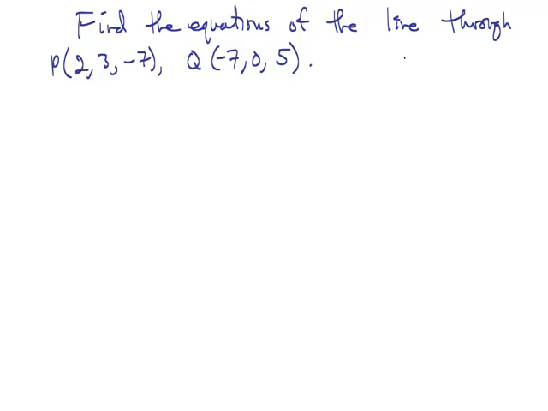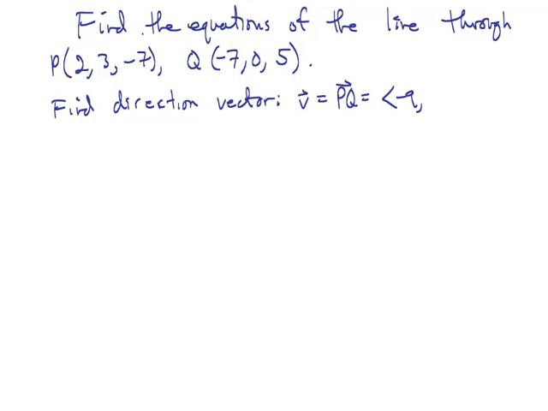So we need two things. A point on the line, we have that. In fact, we have two of them. The other thing we need is a direction vector. So let's go ahead and find our direction vector. Any vector that lies on that line will work. I'm going to call it V, and I'll take the vector that goes from P to Q. So the components of Q minus the components of P, that's -7 minus 2, or -9. 0 minus 3, that's -3, and 5 minus -7 is 5 plus 7, which I believe